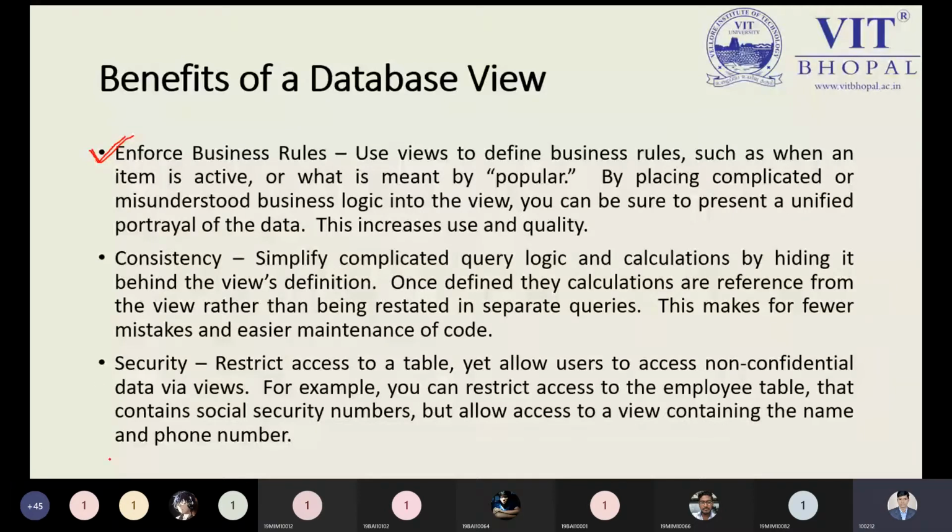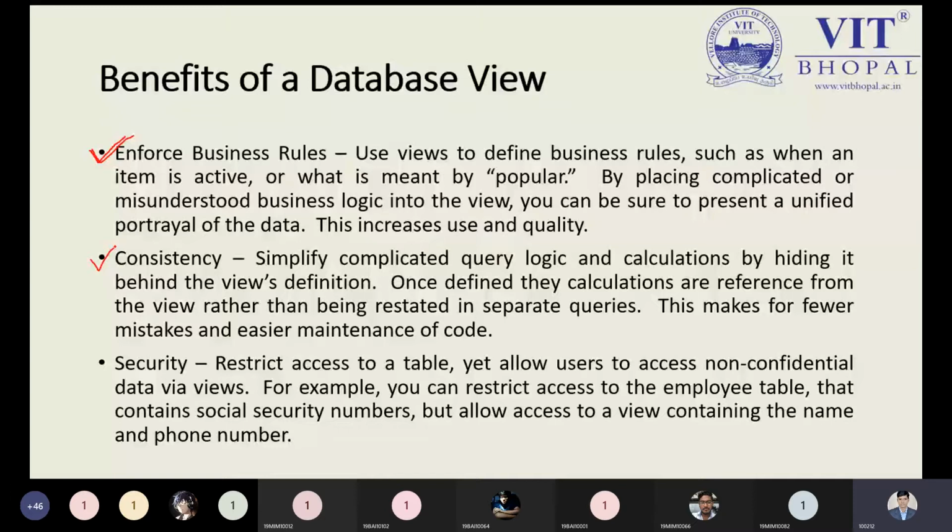Now, consistency, of course, is again a most important part. When you want to perform some operation, some logical calculation, which is to be hidden already by the table, we can access only that information, just like applying an aggregate function. We can apply the aggregate function on the actual table, and we will see the output. And this part we have already seen in the aggregate function topic. But in the view, you can use the information from the stored pattern.